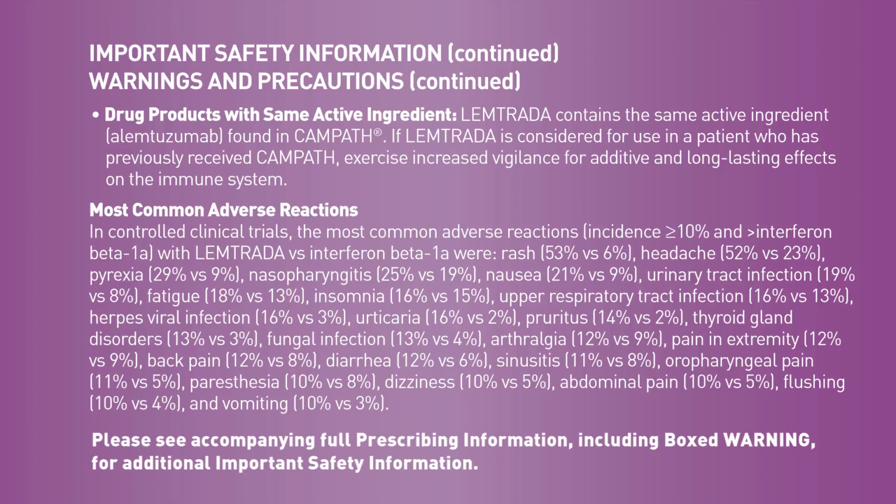Most common adverse reactions. In controlled clinical trials, the most common adverse reactions, incidence greater than or equal to 10% and greater than interferon beta-1a, with Lemtrada versus interferon beta-1a were rash 53% versus 6%, headache 52% versus 23%, pyrexia 29% versus 9%, nasopharyngitis 25% versus 19%, nausea 21% versus 9%, urinary tract infection 19% versus 8%, fatigue 18% versus